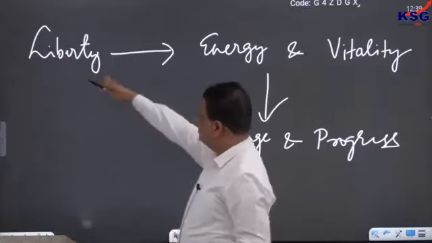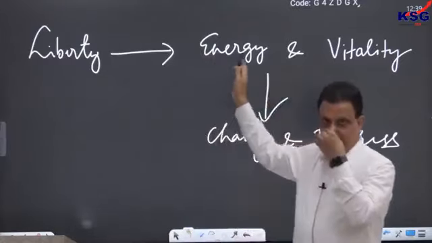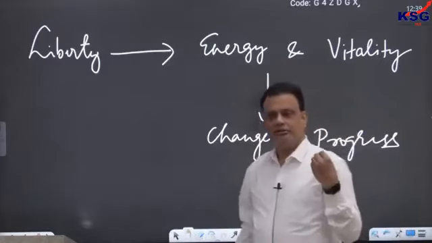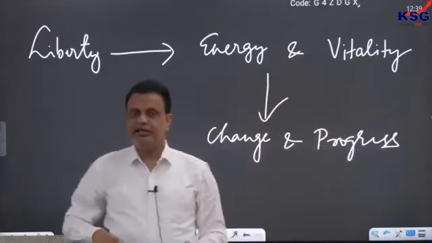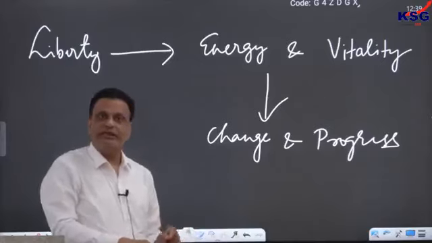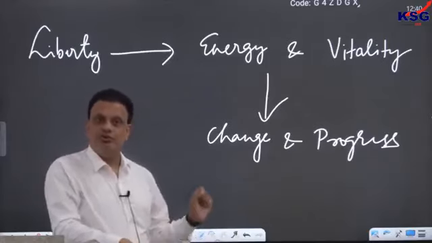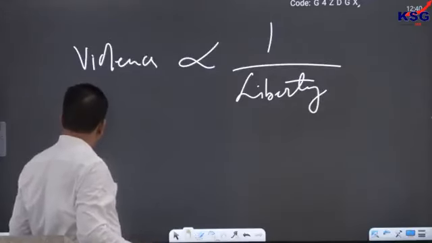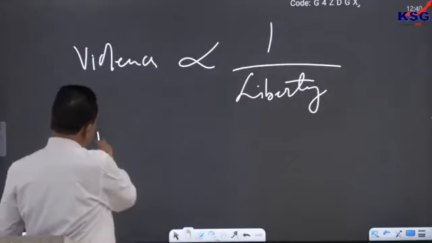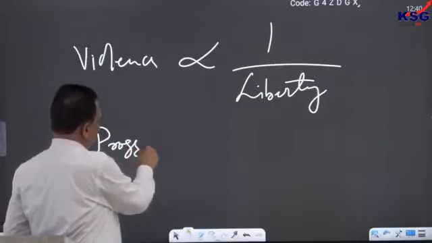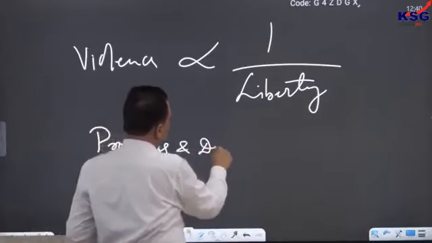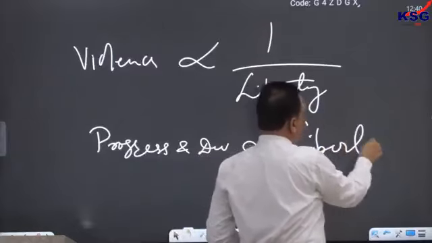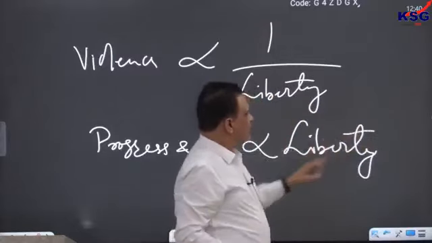So, if we do not have liberty, there won't be any energy left in the society, which ultimately will remove the possibility of change. That society will become a dead society. No progress can happen there, no development, no growth. So now he is making a second type of proposition: in any society, the progress and development is directly proportional to the amount of liberty that the society has. The more liberty that society has, the more progress.